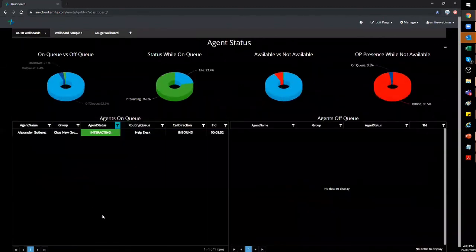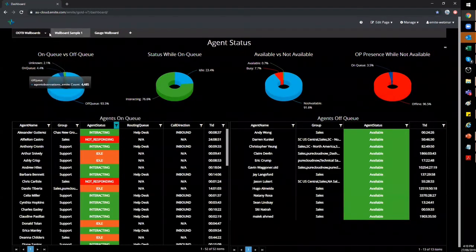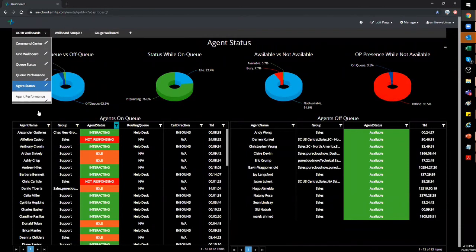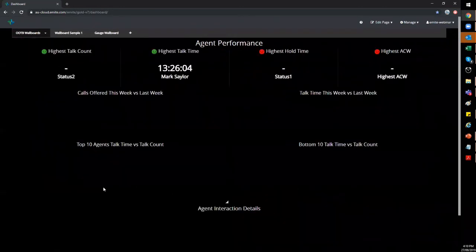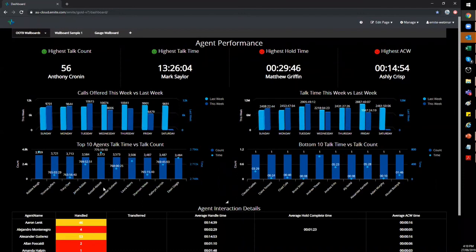We also have agent status over here, and lastly would be agent performance. Great. So those are out-of-the-box wallboards ready to be used,